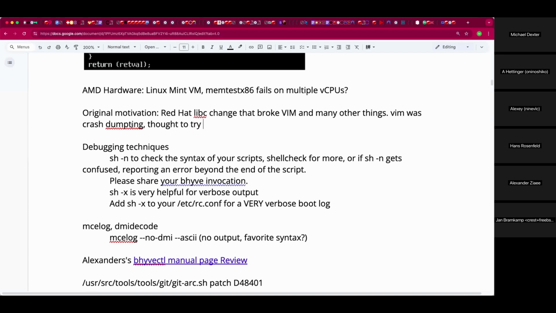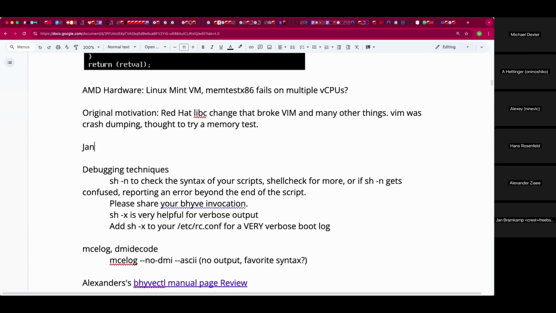Yes, Jan. I'm now running a single-threaded memtest on a 4-core guest, and it's not crashing. So if I now exit, we do it again.